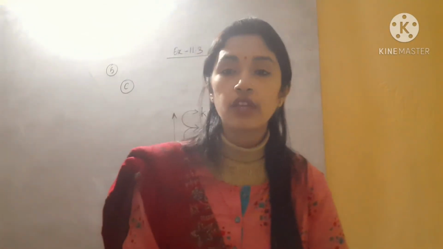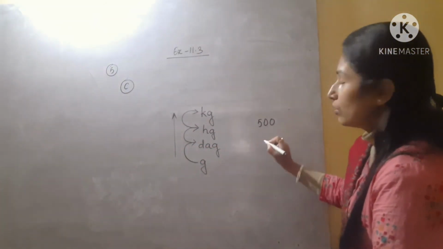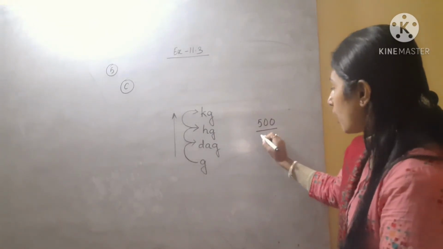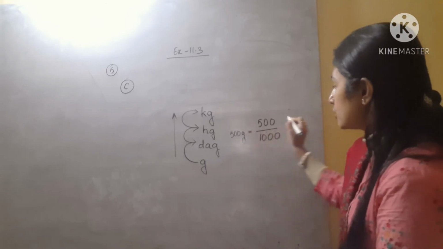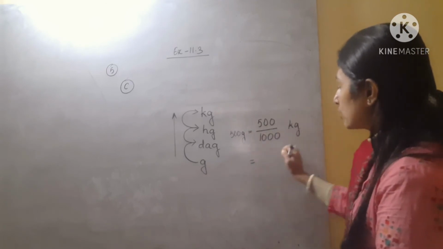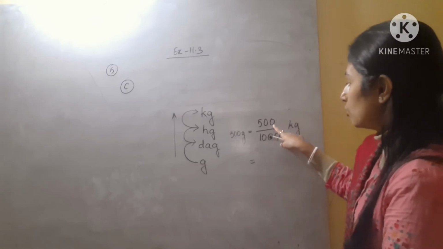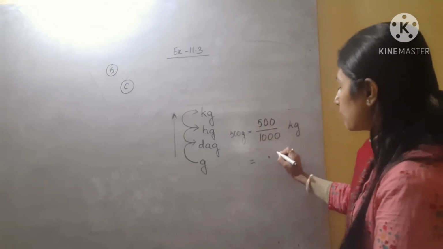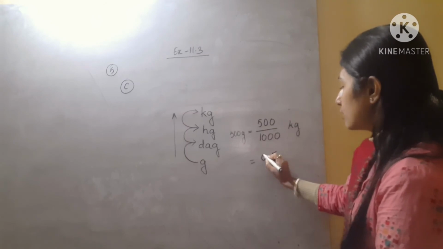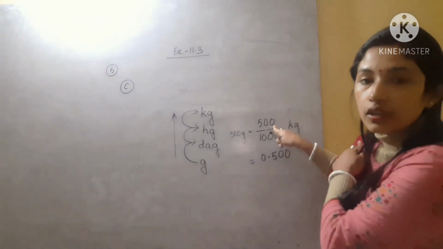So every gram, that is 500 gram of apple, we have to divide by 1000. So see, if you convert 500 gram into kilogram, you have to divide by 1000. Okay, so what will happen? Your 500 gram will be converted into kg now. So you will get how much? See, 1, 2, 3. 3 zeros are there. So you have to count from the back side. You have to go 3 places. So 1, 2, 3. That means here you have to put the decimal. So you get 0.5, or you can write 0.5. And after that you can write 00, because here there are 2 zeros. Okay.